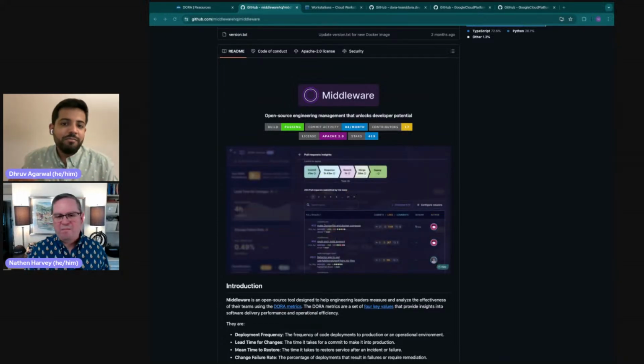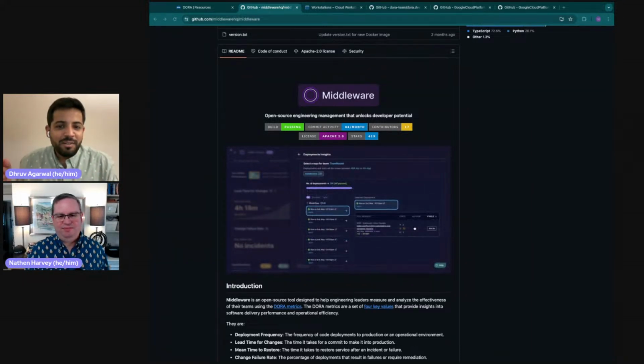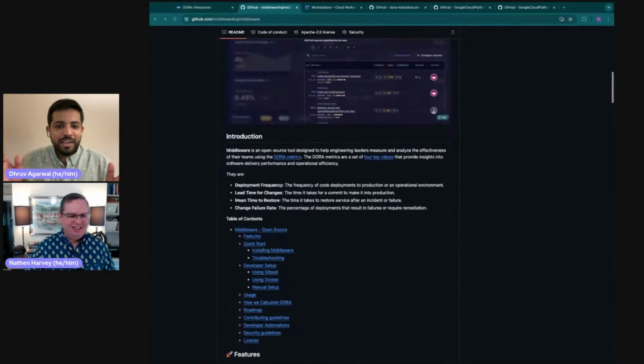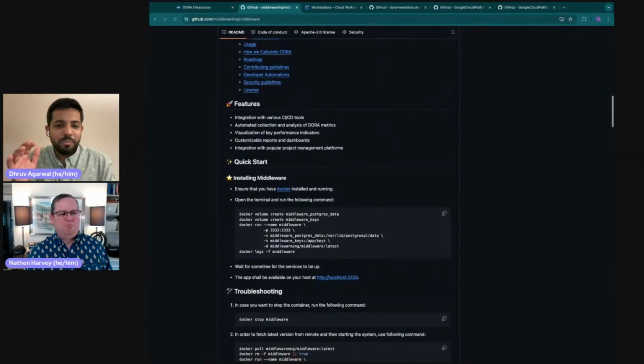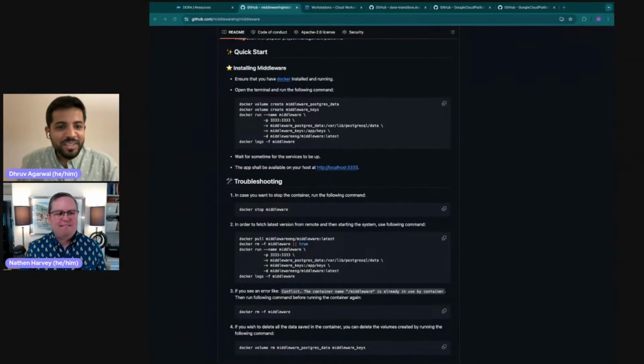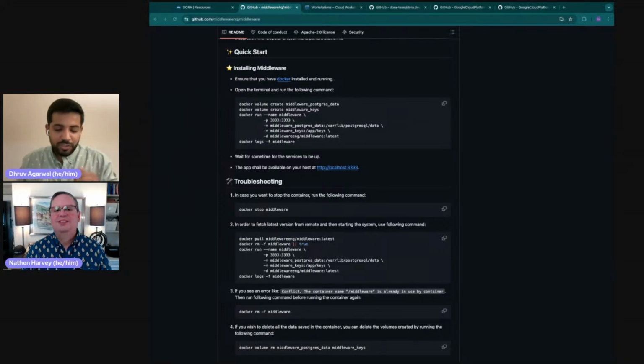What we have done is we have made just a plug and play tool where you can plug it in, just to do a Docker pull. If you can scroll a bit down, very clear instructions, you can just do a Docker pull. And once it's set up, which we'll see hands-on right now as well, you just put your GitHub token, configure whatever repositories you want to focus on, and boom, you have your 4 keys that Nathan just talked about, all set in your system.